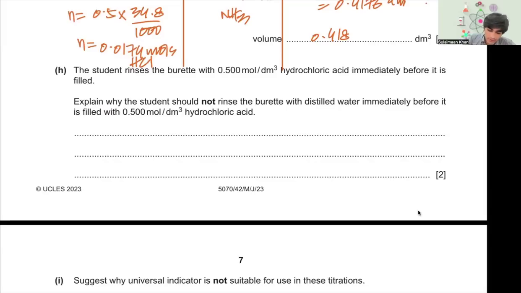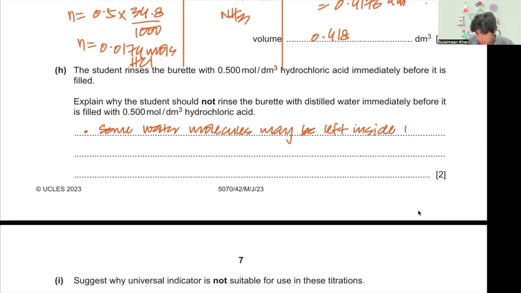We literally discussed, because what would happen is, if he fills it immediately with dilute hydrochloric acid, some water molecules or water droplets may be left inside the burette. That's only one point. What about this? Explain it. So what's the problem with this? This would make the hydrochloric acid diluted. So the hydrochloric acid would get diluted,